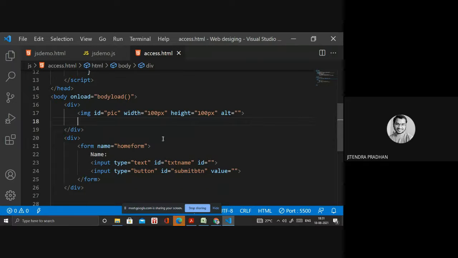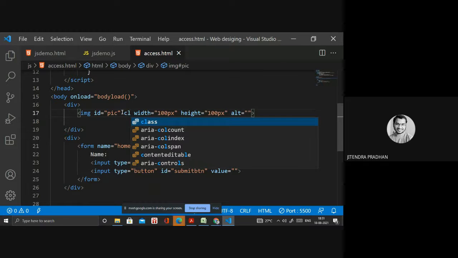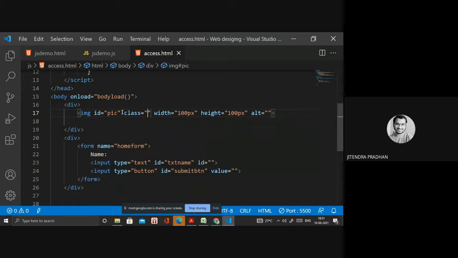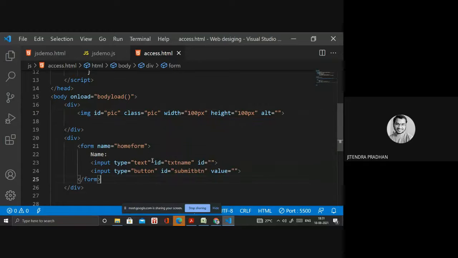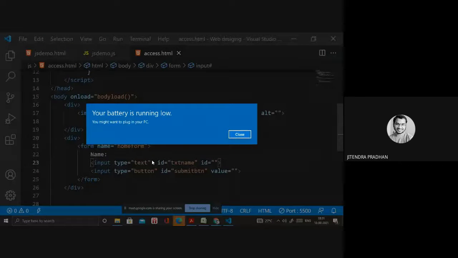Inside that I have to write class. Inside, if I use any pic, that is my class name, or inside that one also I will write class.